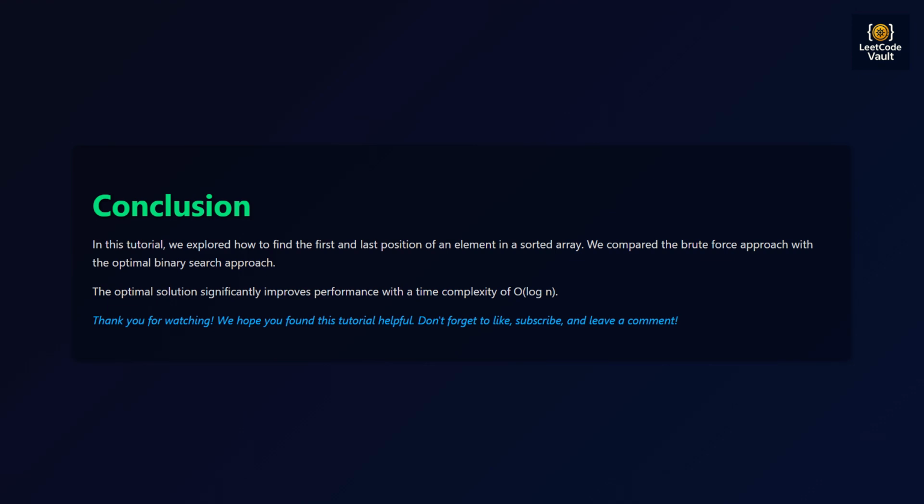Conclusion. So, we've successfully tackled LeetCode problem 34, mastering the art of finding the first and last positions of a target element in a sorted array. We started with a naive brute force approach and then implemented a far more